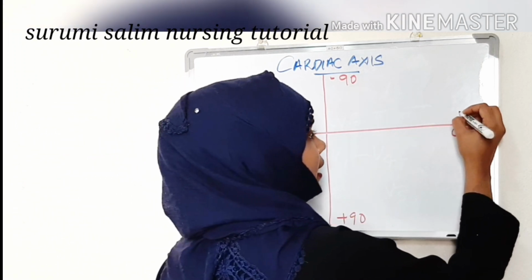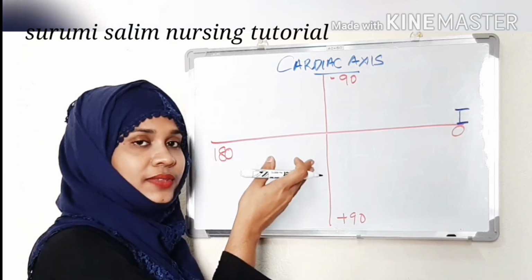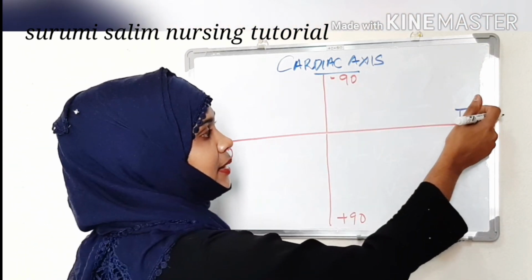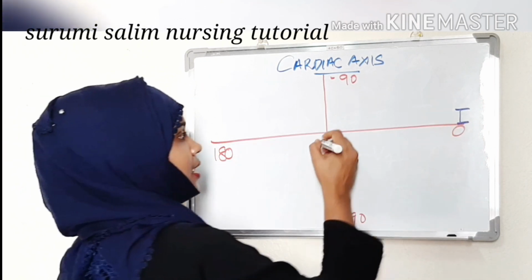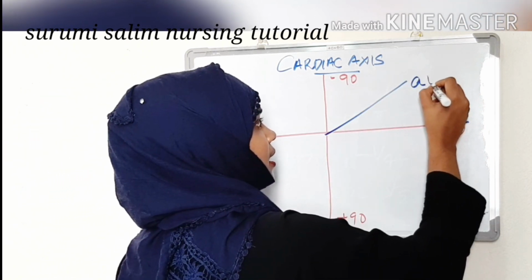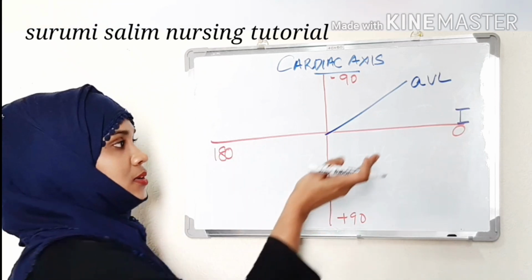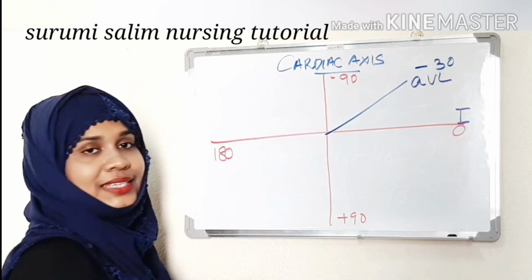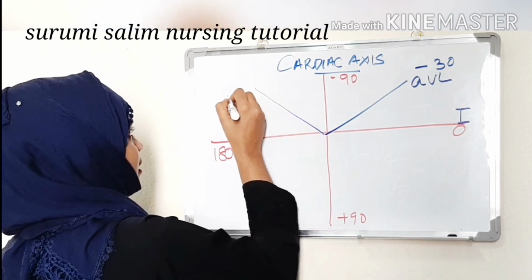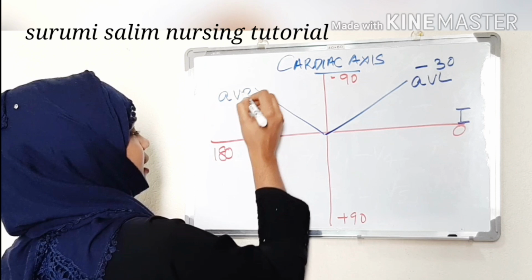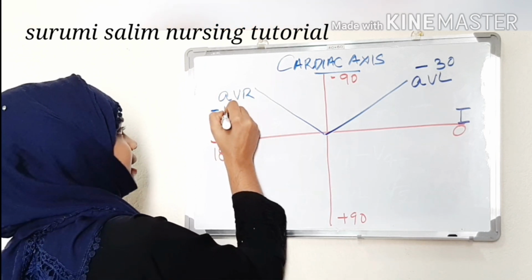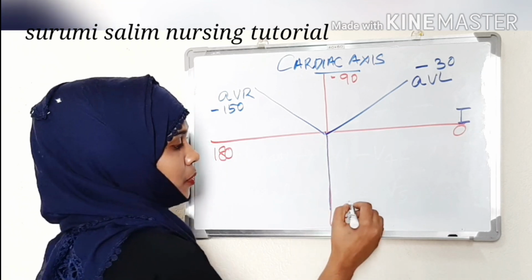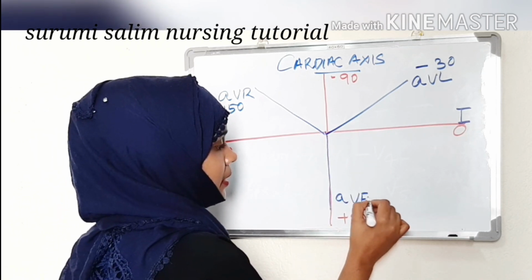First of all, we are keeping lead 1. So if this gives the frontal view, you can assume it like the x-axis. So we keep lead 1 at 0 degree. Next is AVL. So the AVL is above lead 1, at negative 30 degree. Okay. Next is AVR. AVR is also a 30 degree difference and it is negative 150. Okay. Next is AVF, and that is positive 90 because it is perpendicular.